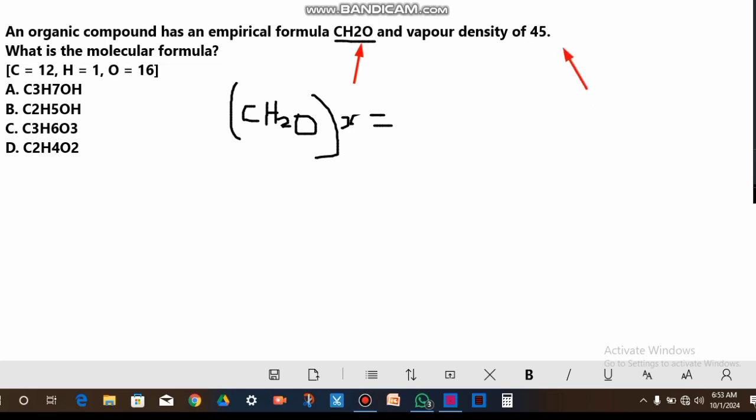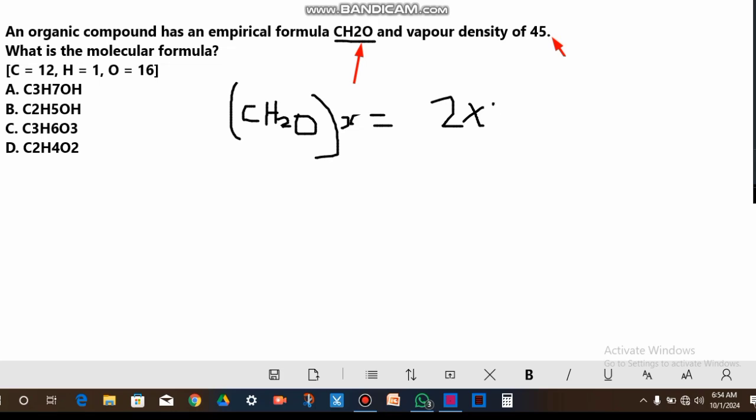This 45, take note, they said what? They said vapor density of 45, meaning the vapor density will be multiplied by what? 2. This 45 is 2 times